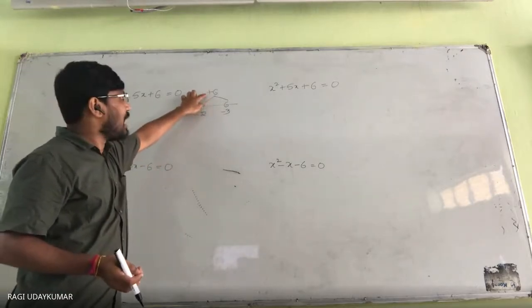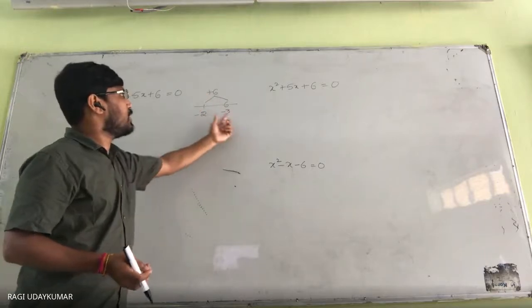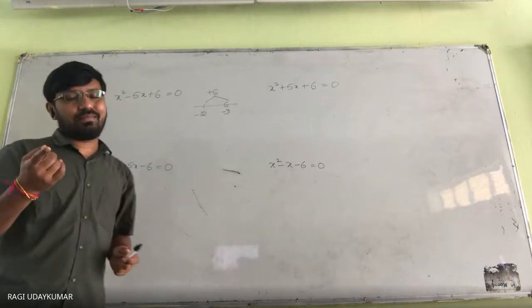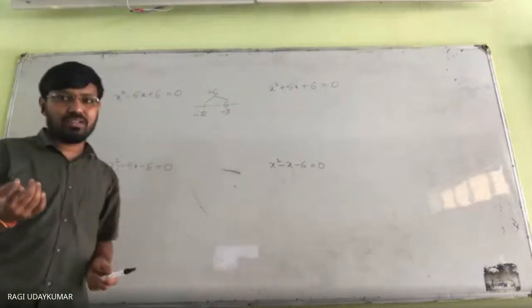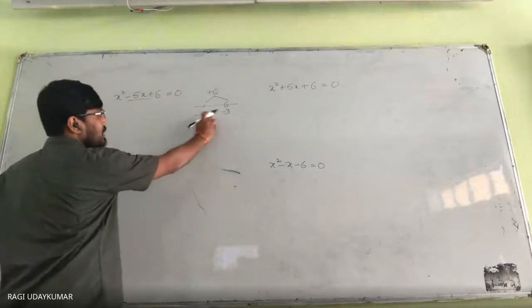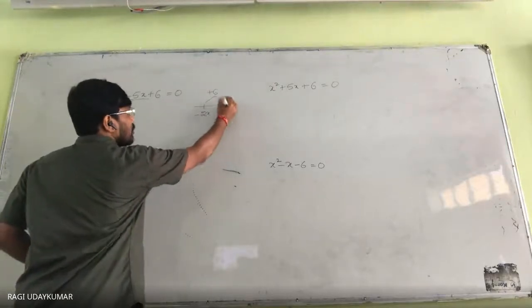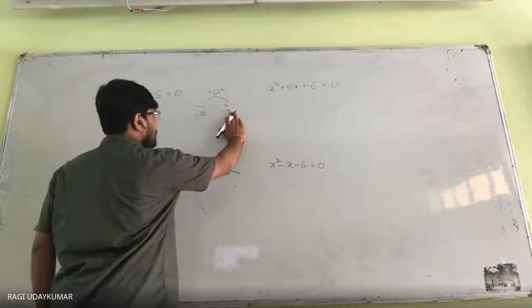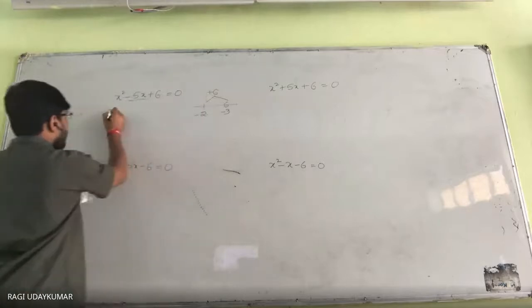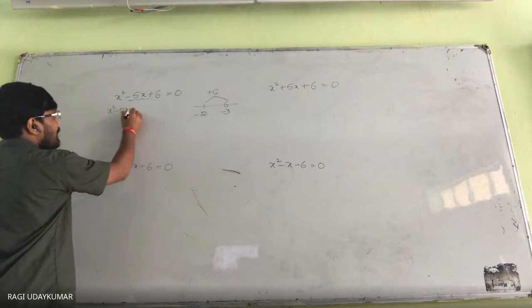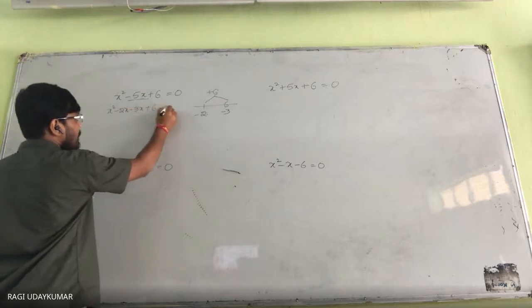So whenever you get the product, multiply both, -2 into -3, you are getting +6. Suppose if you take one positive, one negative, you are going to get -6. So first listen to this one. You have to split this one as -2x, -3x, so that we will get 6x square. I'm avoiding this x to avoid the confusion. So what I'm going to get: x square minus 5x is splitting into -2x minus 3x plus 6 is equal to 0.